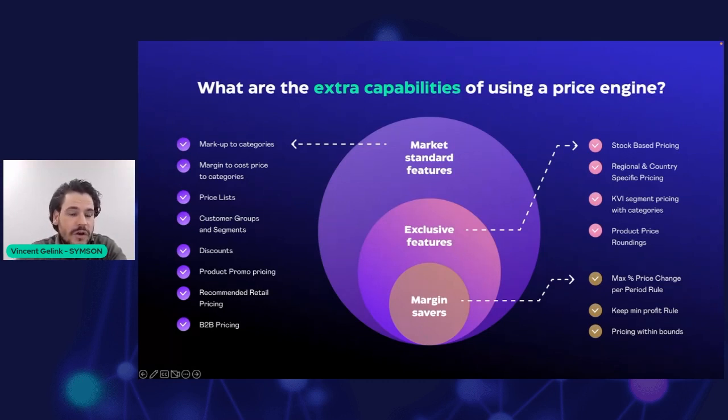Of course, you can have customer segmentation, but you can also build segmentations within countries, but also across different marketplaces. So these are also elements that a pricing engine could deliver to you. Furthermore, of course, key value item strategies and segmentation in that would be lovely to apply as well. And finally, the one that we want to write under the exclusive feature is, of course, that you can apply smart roundings in products. So if you are already dealing in, for instance, a more competitive market, but also make the price look more attractive than the other prices in the market, it can be a benefit in increasing your sales.